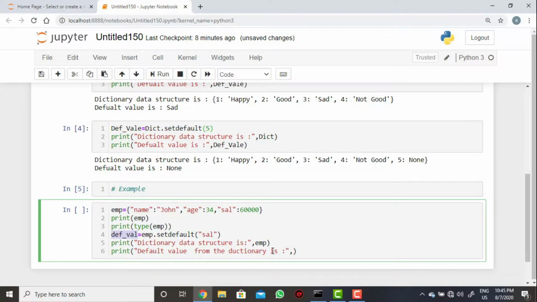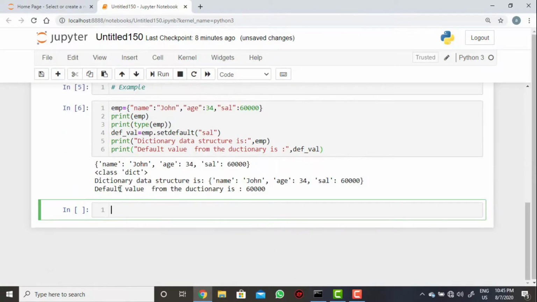So when I call this default value, what will happen, the respective value for that key will be presented. Now let's see the default value from the dictionary.